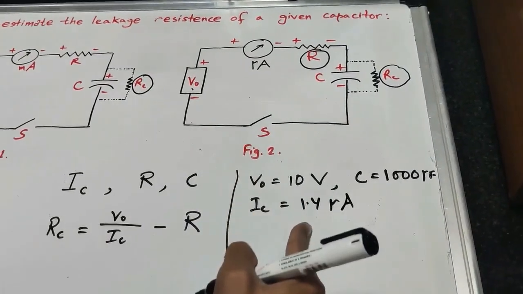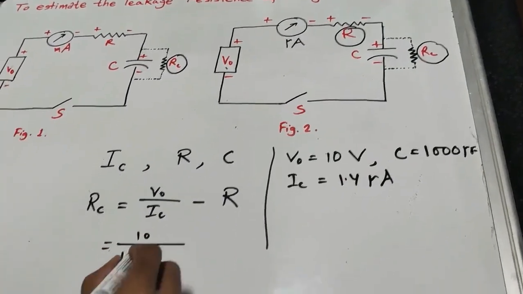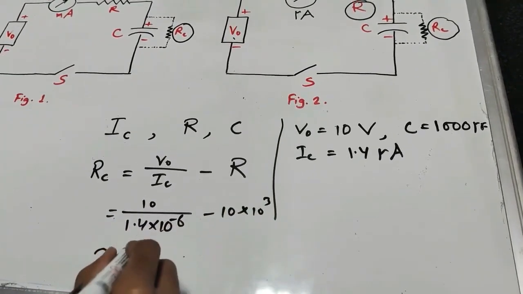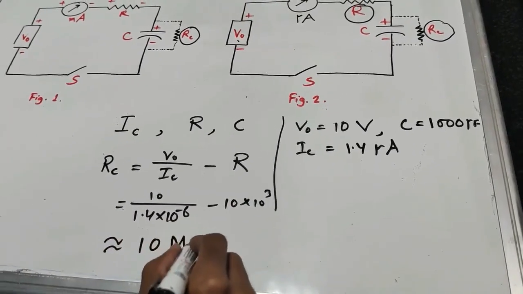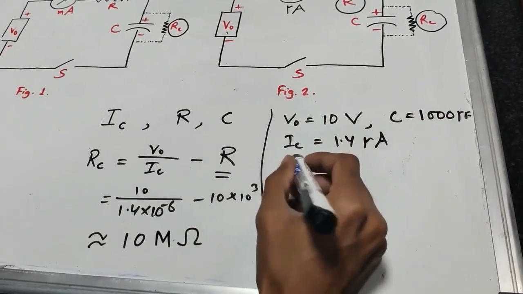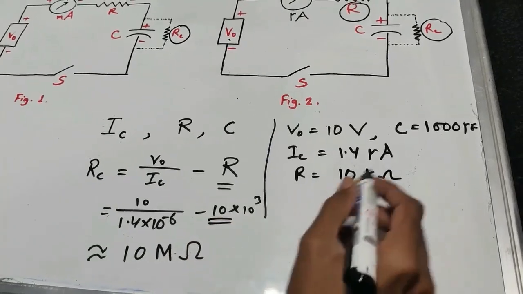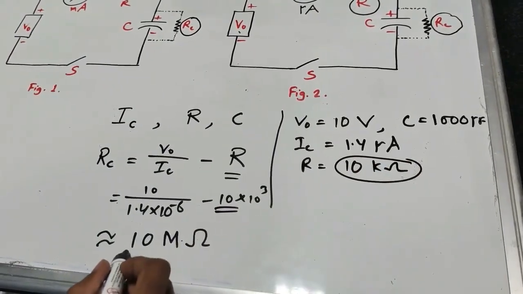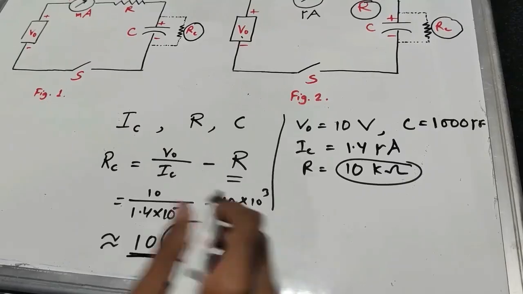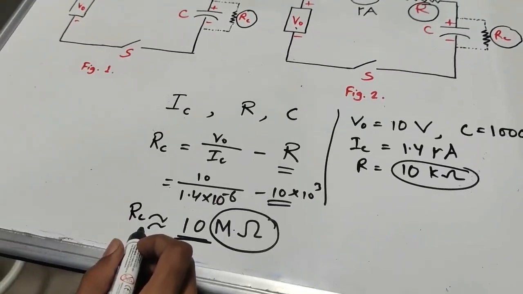So for this particular setup, you will see that the calculation leads to a value of the order of roughly 10 mega ohm. The resistance I have used for this particular setup is 10 kilo ohm here. So for this 10 kilo ohm, the resistance of the capacitor turned out to be of the order of mega ohm. In principle, theoretically, this resistance RC has to be infinity, but due to some practical reasons,